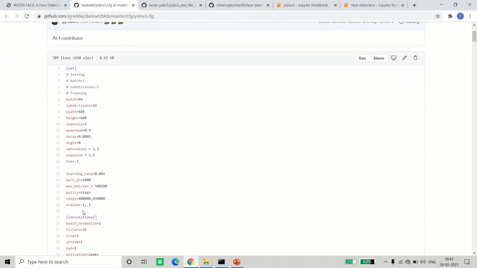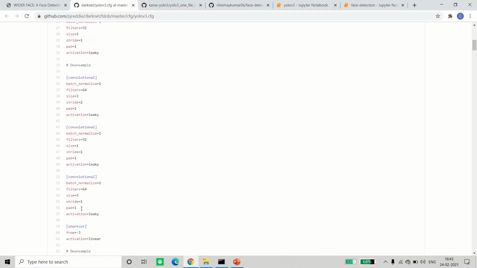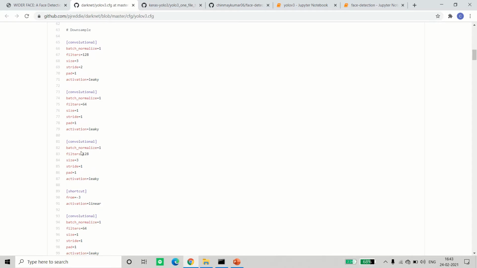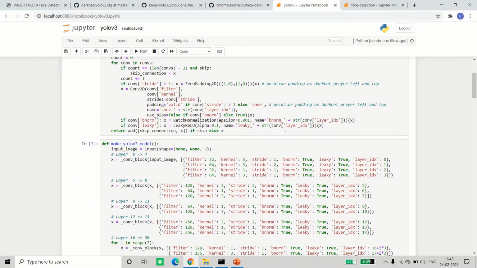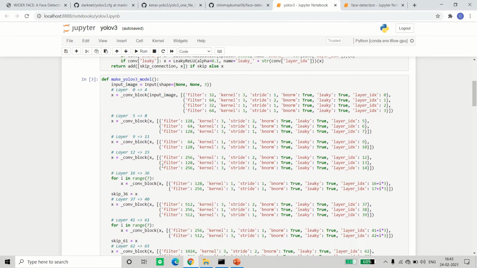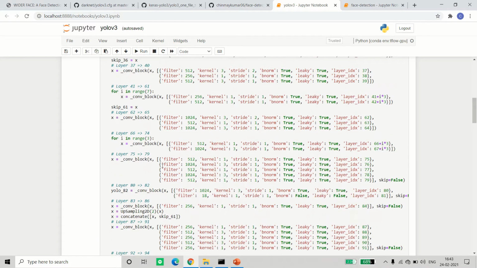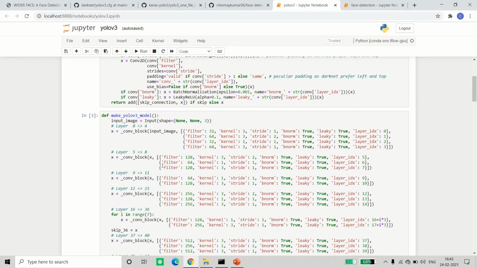You can see it's basically a conv, max pool, like that it goes. Many convolutions are there, and this architecture we have to write in Keras. I have written it using many conv blocks, and as you can see, the whole darknet architecture has been written in Keras with the specified filters, etc. But as I said, YOLO v3 is an 80 class classification, and I only want it for one class. We'll see what changes we have to make further when we look at the YOLO architecture, and I'll come back to it.